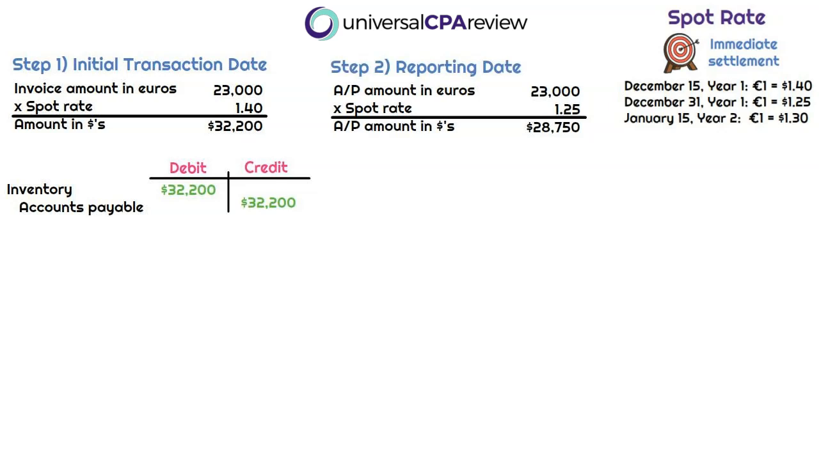And guess what? We need to revalue again using the spot rate on the reporting date, which is December 31, year 1. And when we look at the rates, it's now 1 euro is $1.25. So the dollar appreciated, meaning we need fewer dollars to buy 1 euro. So we'd expect the invoice amount in dollars to go down. And what happens when we do that? Well, it's 23,000 euros times that spot rate of 1.25. That means the AP amount in dollars now is